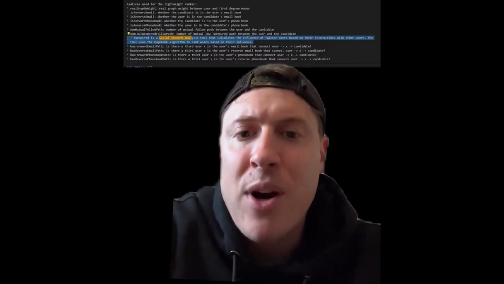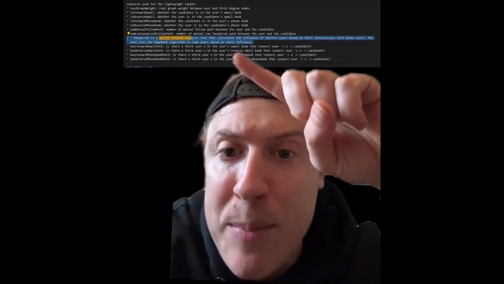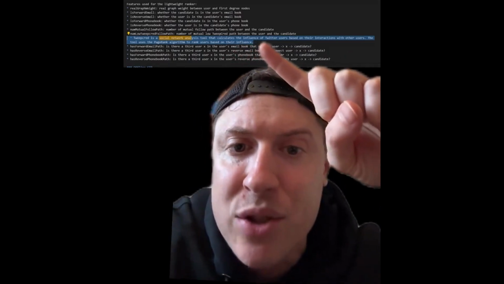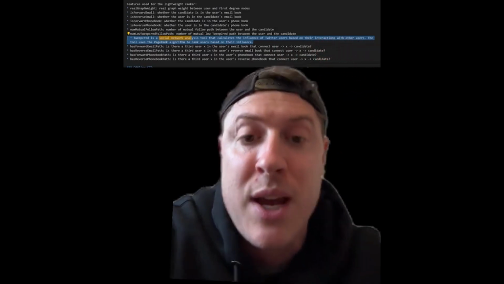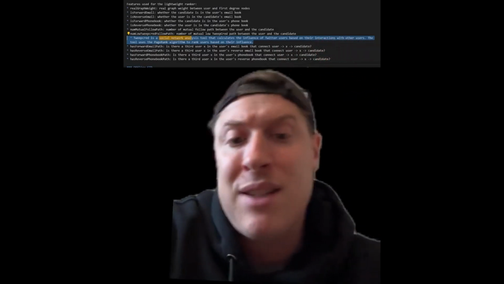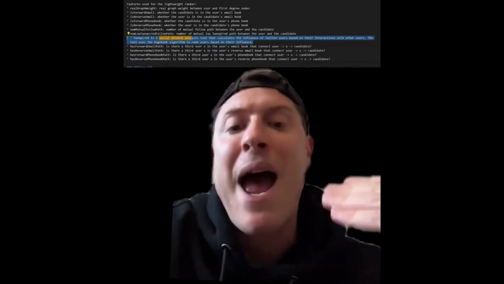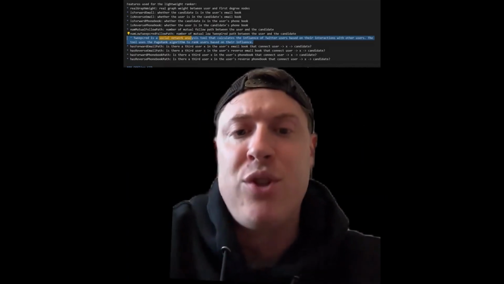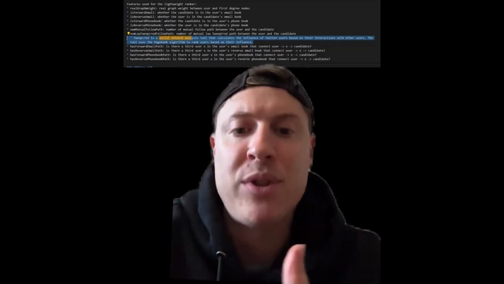So this one might be hard to see, but this is directly from the algorithm code. But basically it says TweetCred is a tool that calculates the influence of Twitter users based on their interactions with other users. Basically what this means is based on who interacts with you and who you interact with impacts your influence and therefore your reach. This is the score that's going to determine how many people see your content.